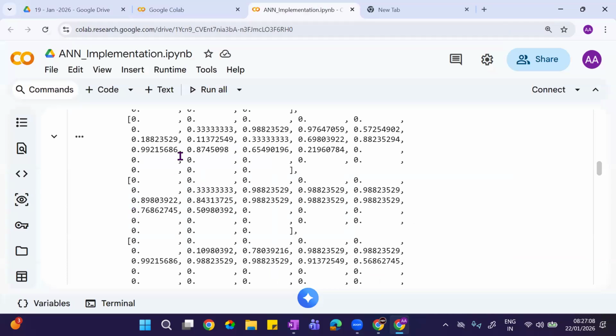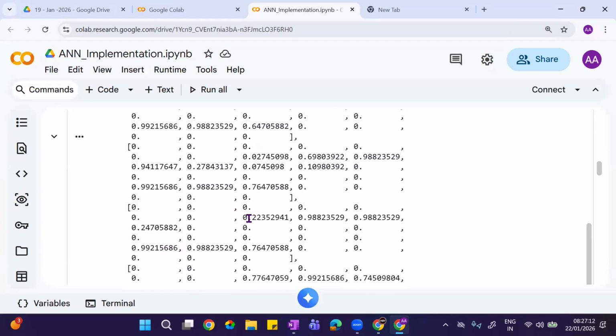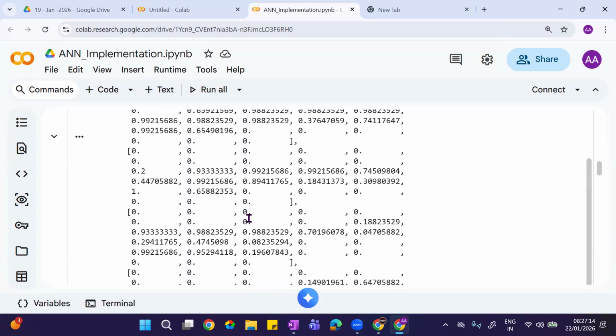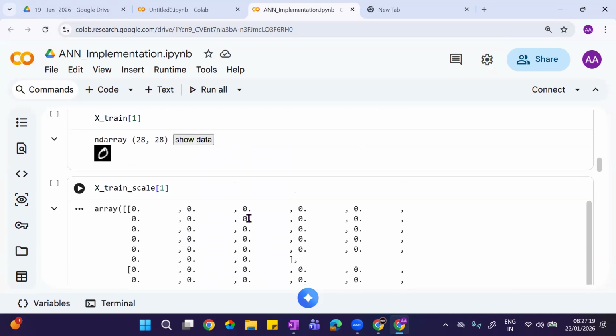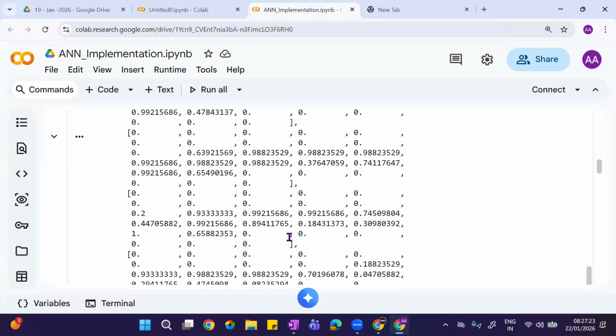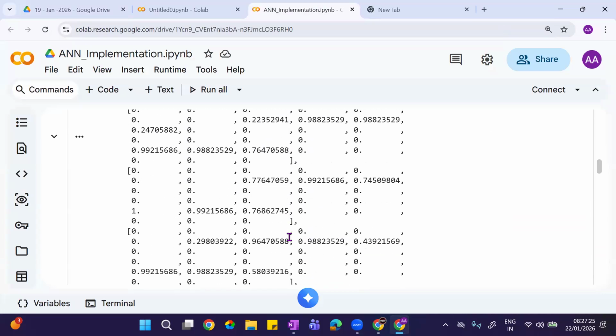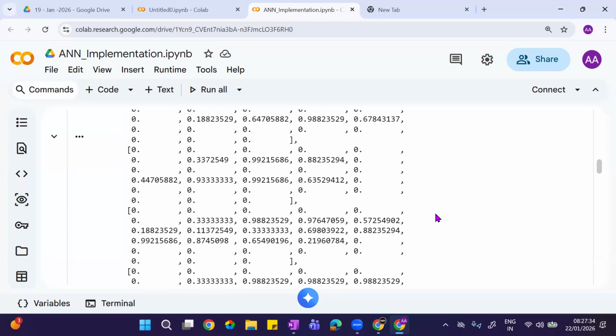Now I will show you. This is the image. By looking at these numbers, can you tell me what this image is? No, you can't say it. Definitely not. Usually an image is read in this format, and this I will give to my model.